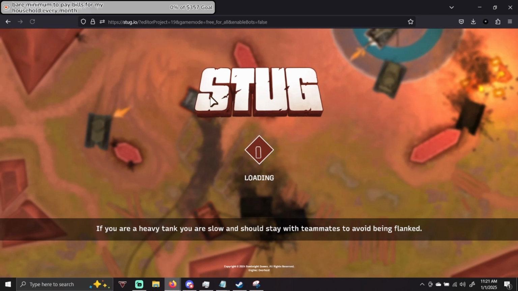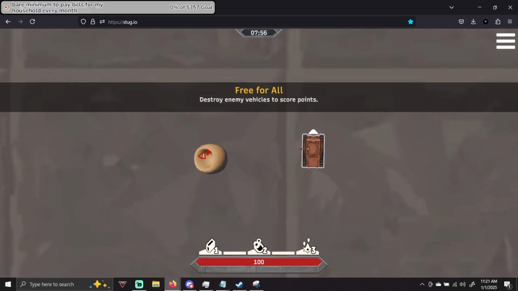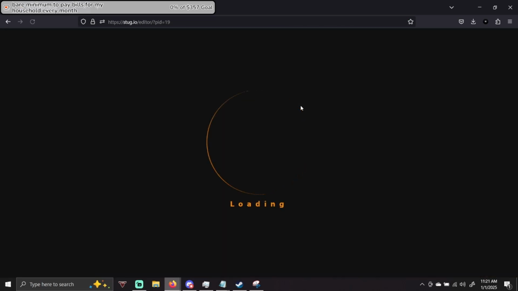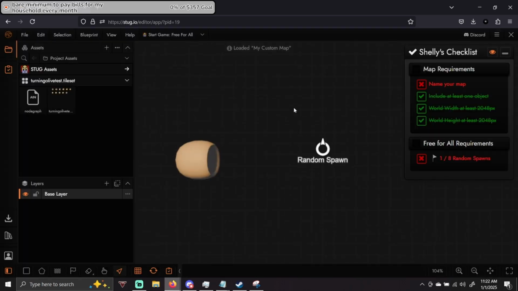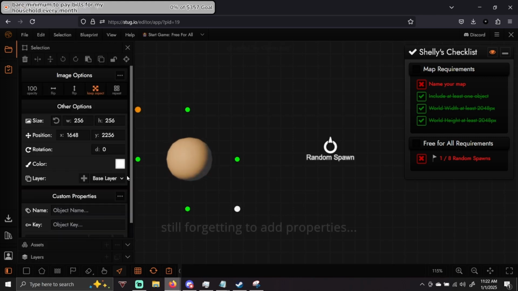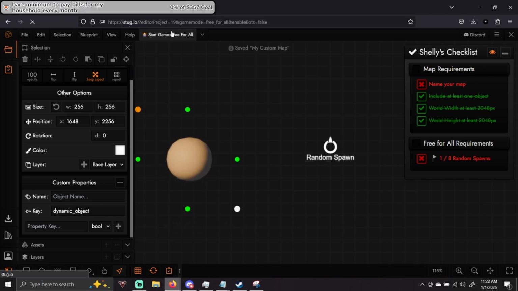And now, as soon as this loads, oh shoot, I forgot. This is one item I forgot. Oops. If you don't do this step, it doesn't work. You have to go to this object, set its key to dynamic_object. Once that's done, the border of the image will count as a hitbox, and now, once I start this up,